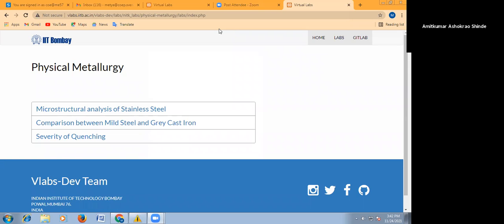Am I audible now? Please confirm whether my voice is audible or not. Now I am audible, and the screen is also visible. Is the screen visible on your screen?